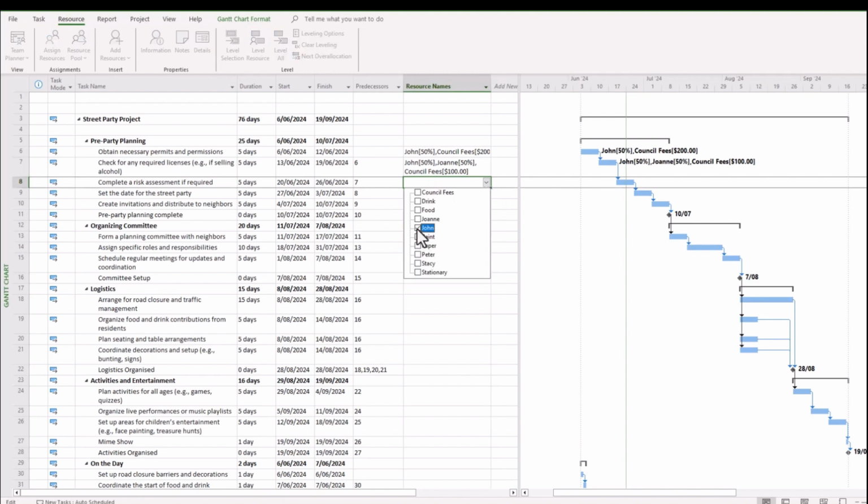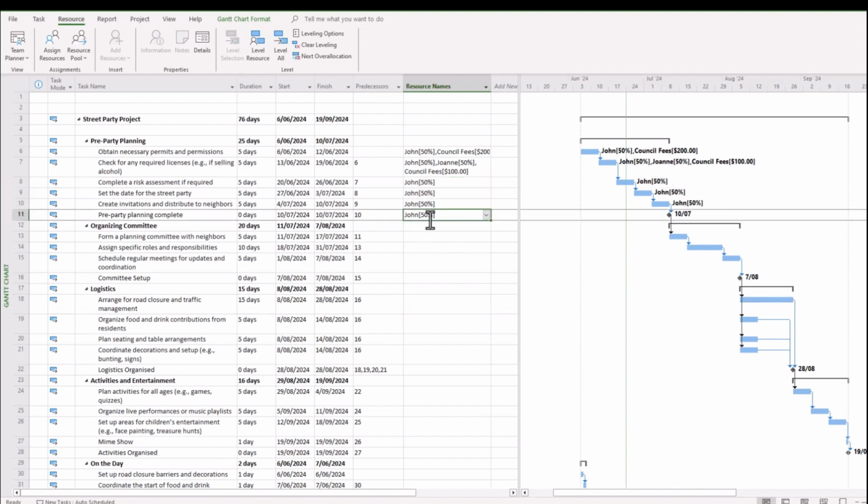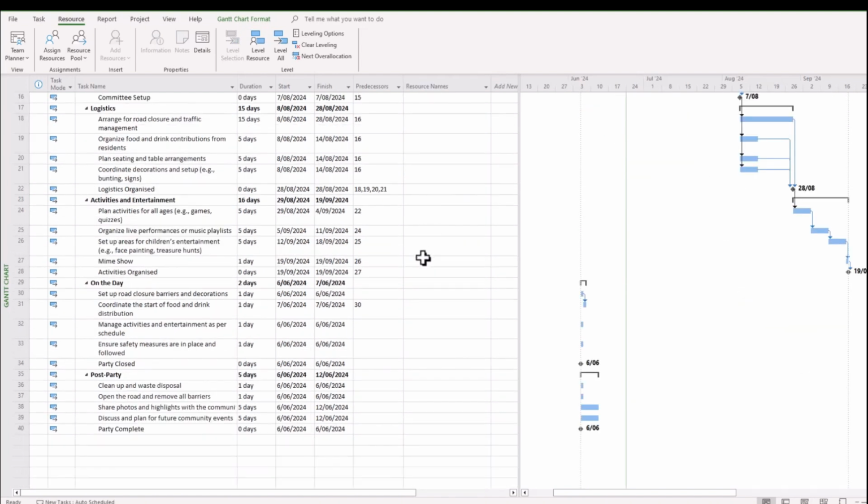So we might want to add John in. You click the down button associated with it, click John, and it will do that for you. The beauty of this method is it's quick and easy if we want to apply the same resource to multiple tasks in our project sheet. If all of these tasks required John at 50%, we could simply drag down and then John is applied like so. Or we might just Control C, which is copy, see another task where we were going to use John, and just Control V and it will do the same.